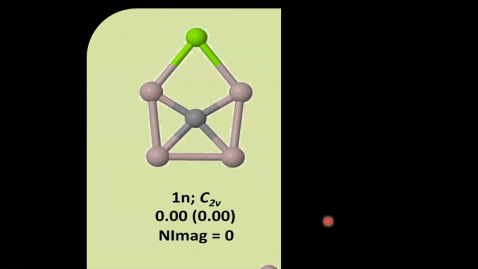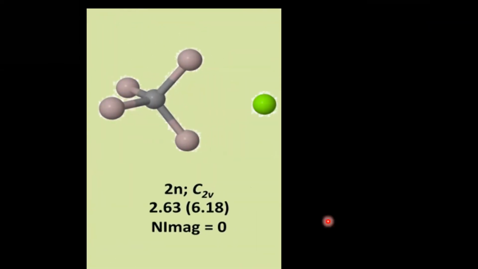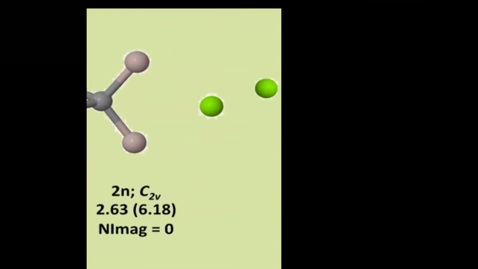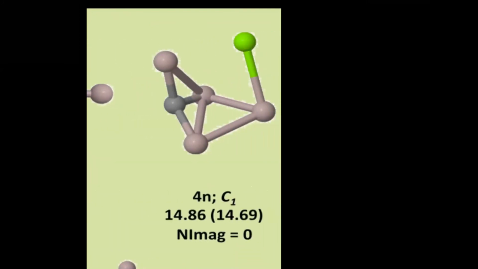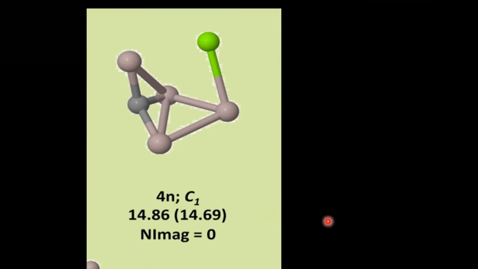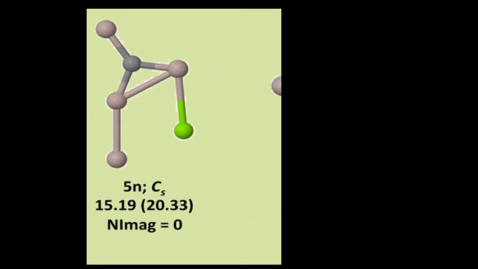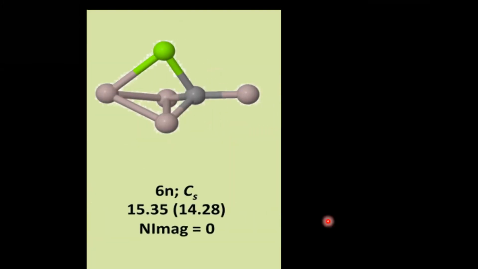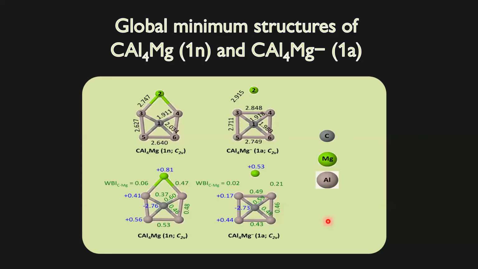So this is the best one. You can see the 0.0, that is the energy showing for the best one. And then among the higher-energy molecules, there is a tetrahedral species with the magnesium coordinated somewhere else. This is also magnesium coordinated, interacting through electrostatics or whatever. So there are several geometries we came across, but interestingly, the planar tetra coordinate one was the global minima. And we did this for neutral and anionic systems.